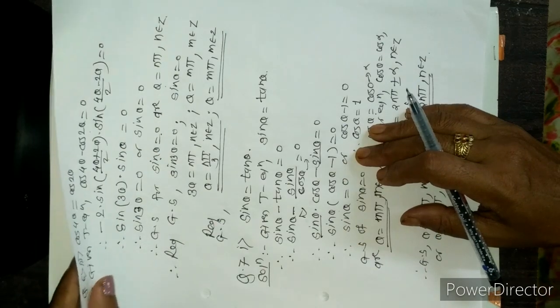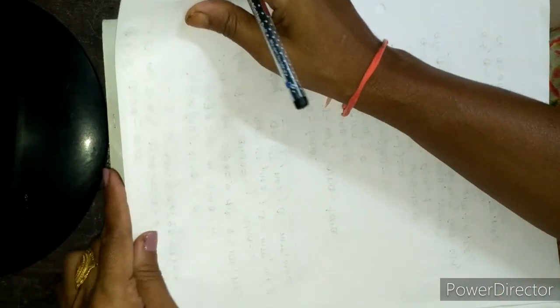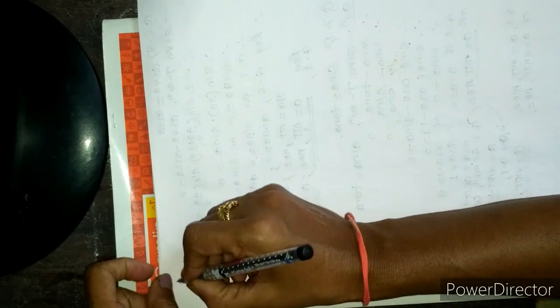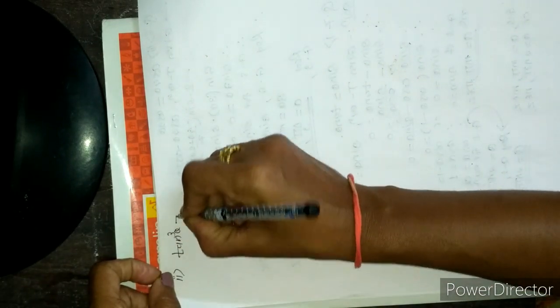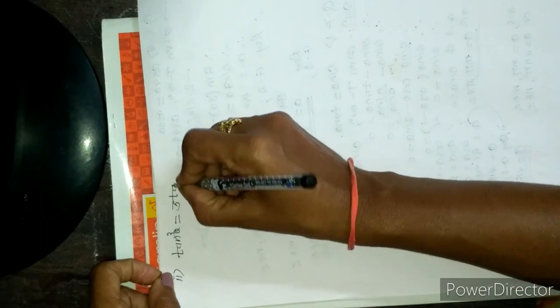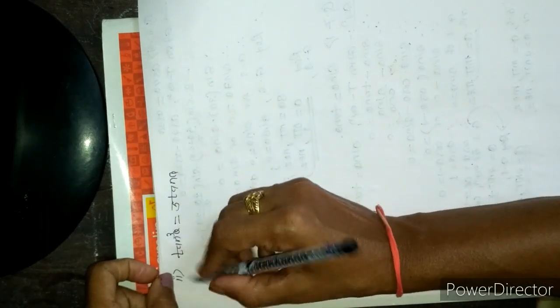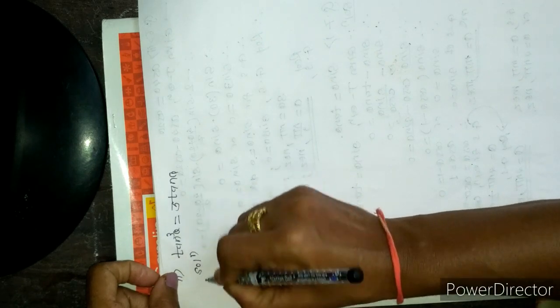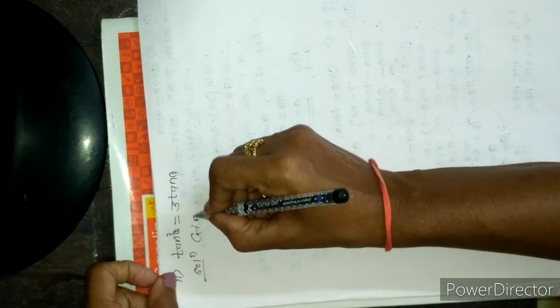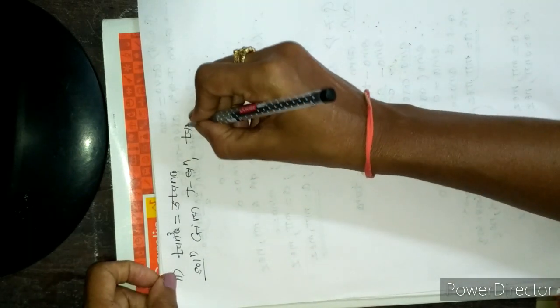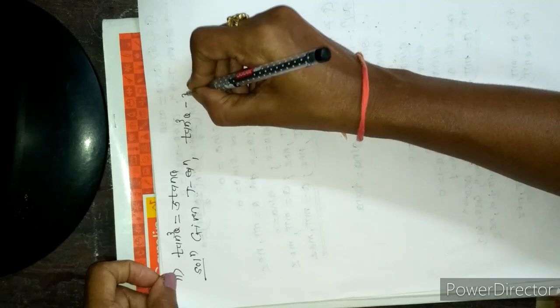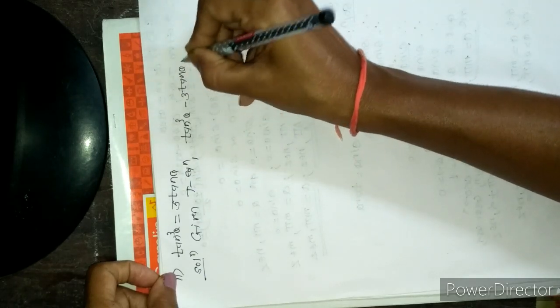Now from the same question, we take one more example. Take down the second question. That equation is a cubic equation, as given: tan cube theta is equal to 3 times tan theta. Well, you can take the simplification in the proper way. So to find its solution, we first write the given trigonometric equation. The trigonometric equation is tan cube theta minus 3 times tan theta equal to 0.